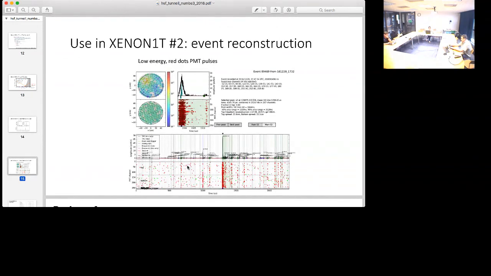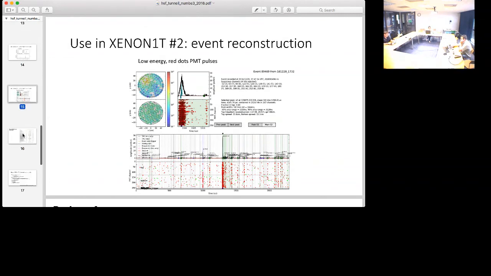So every one of these red dots is a photon that was detected. Here, you see as a function of time, these are amplitudes of signals in the detector, and you just see that there's like 100. Within any drift length detector, you have like 100 signals you need to figure out. So these are essentially lots of loops.